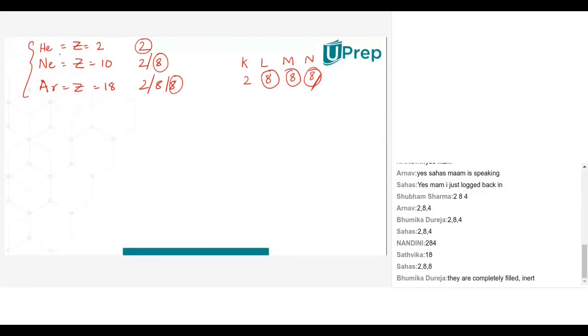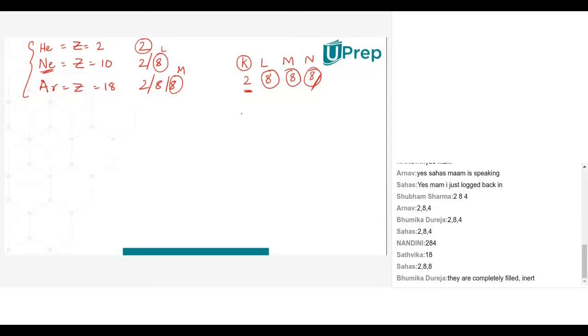For example, helium has only the K shell, and the K shell can only take 2 electrons, and 2 electrons are there in helium, so the K shell is completely full. Similarly, neon has K and L shells, L is the outermost shell, and it is again completely full. In argon, the outermost shell is M, and again the M shell is completely full. So whenever I have a completely full outer shell, those are noble gases, elements that don't react. Okay, those are stable elements.